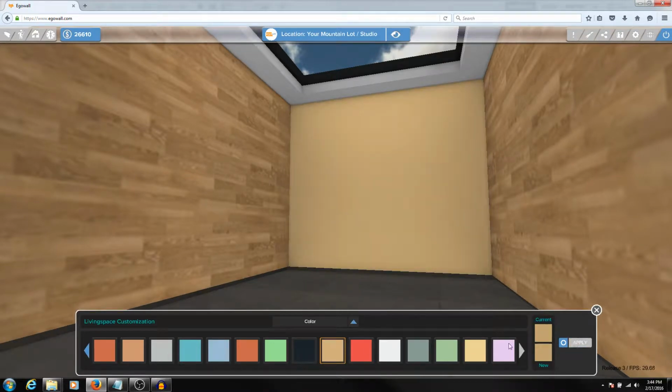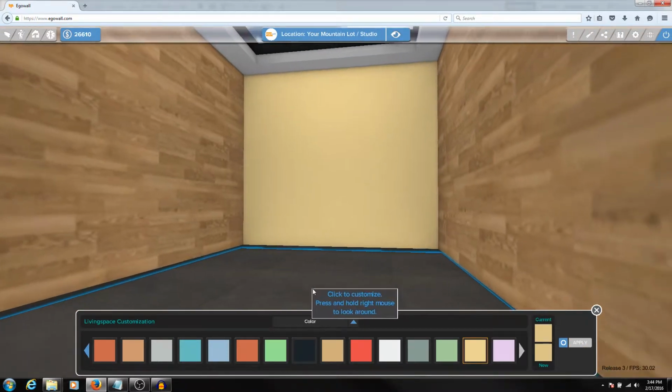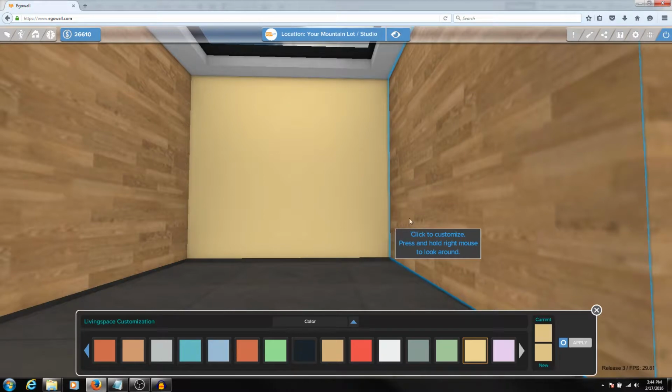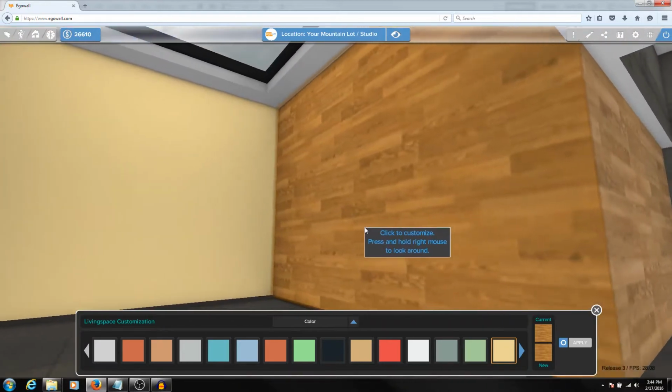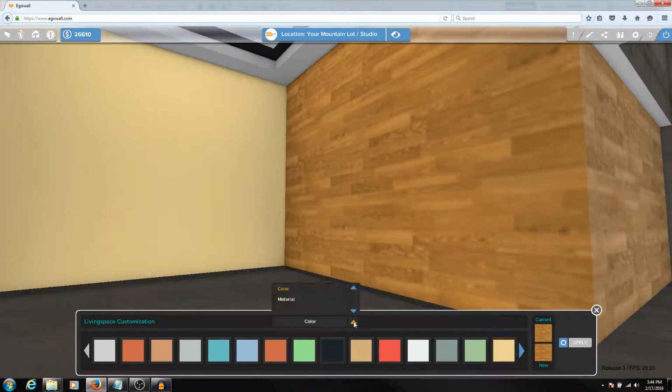sandal. No, that's a little too dark. I'm going to go with mustard. And for these wooden walls, I'm going to go with mustard again on this one. But as you see, it just colored the wood. I don't really want that, so I'm going to go over here to material,